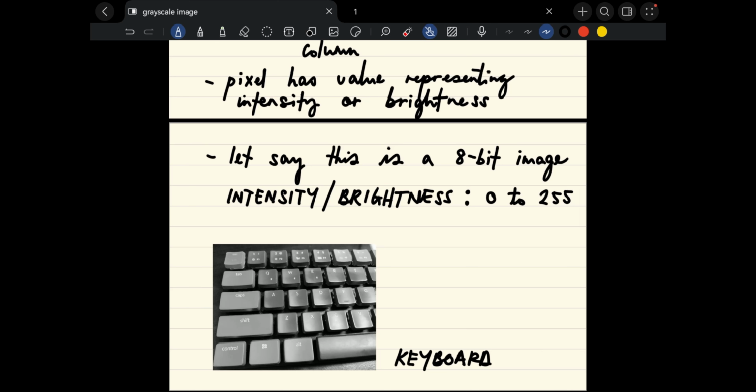So these are the possible values of a pixel in one 8-bit grayscale image,